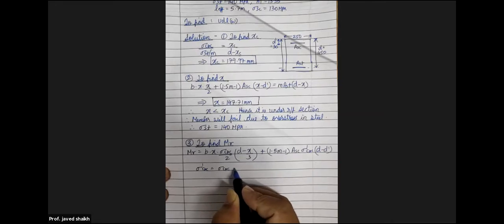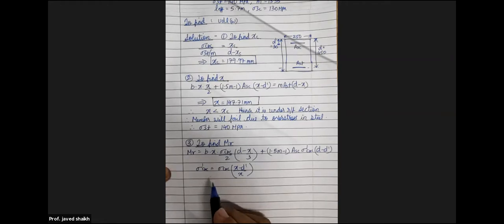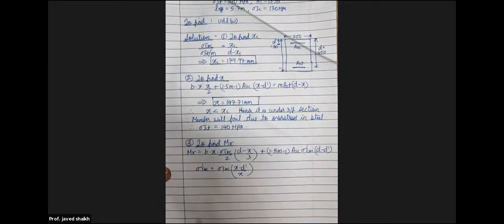So now in this, we know B, we know X, we know sigma CBC, but do we know sigma dash CBC? We don't know. So first we'll have to find out sigma dash CBC and then we'll find out MR. Sigma dash CBC is given by sigma CBC into X minus D dash upon X. To find out sigma dash CBC, we will have to find out sigma CBC also. ठीक है, so remember sigma CBC actual we have to find out, permissible नहीं जो दिया है. ठीक है, actual निकालना पड़ेगा अभी. So first we will find out sigma CBC.